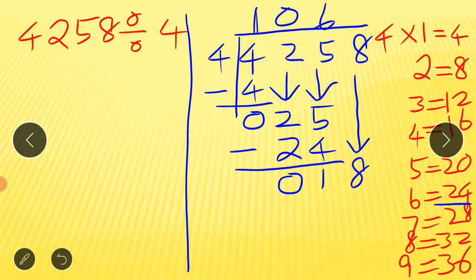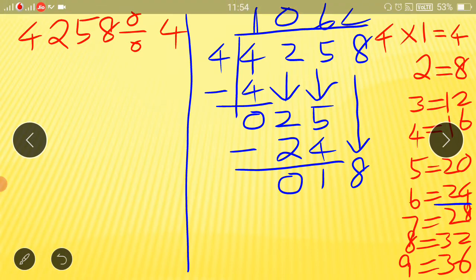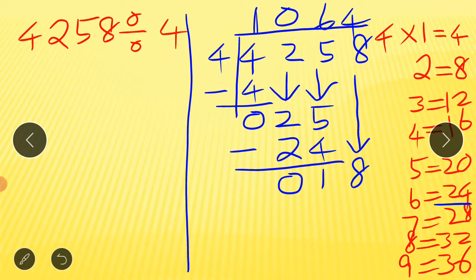Every time the fresh number is to be checked; if it is there, we can take it. If it is not there, take just smaller than the fresh number. So just smaller than 18 is 16. How many times? 4 times. So let's write 4 times, and the product 16 should be written under 18 only, not like this. Don't arrange like this, it's wrong. We should go as per the place, ones, tens, like that.